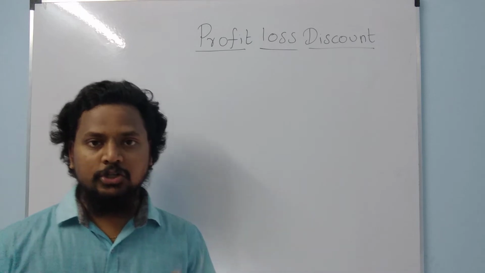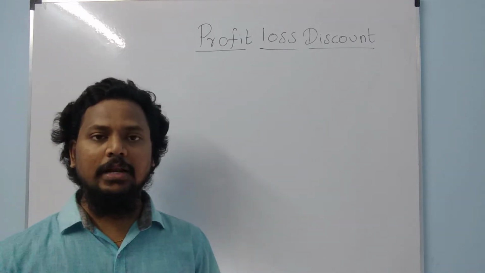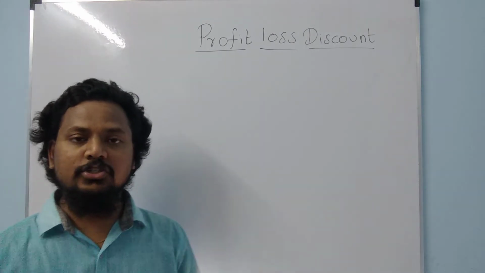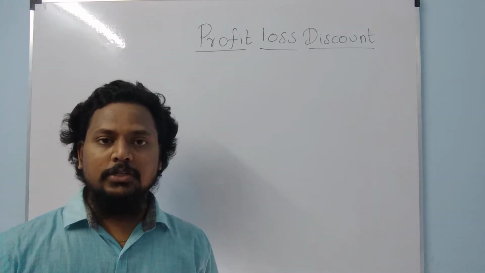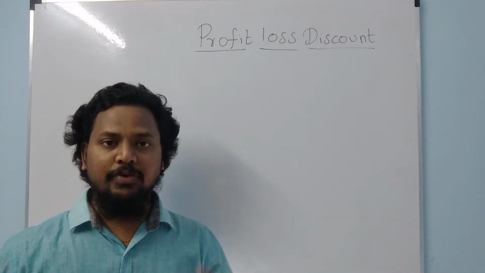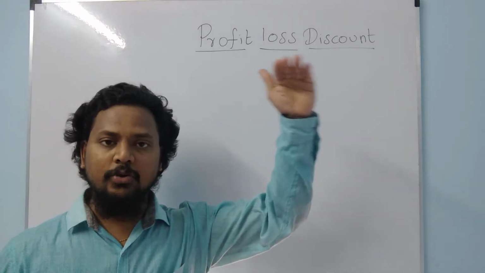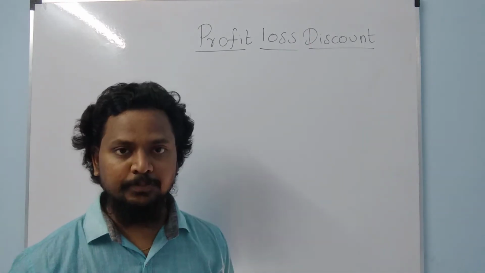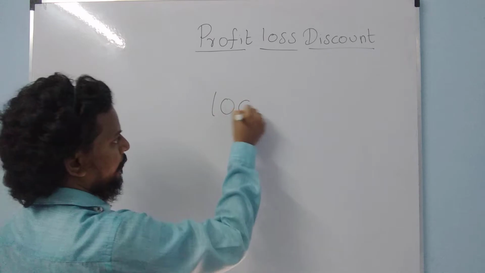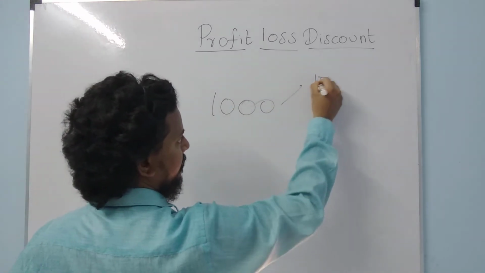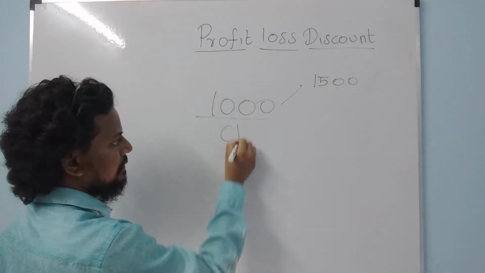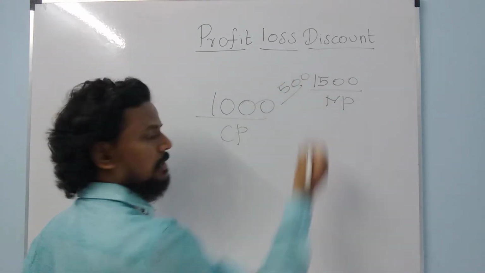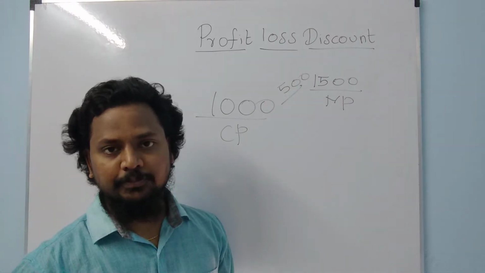So every shopkeeper or every manufacturer will increase the price to a fake price from the original price. That is called marked price. So the cost price is the actual price. From that they increase the price to a fake value, that is called marked price. And the increment is called markup value also. Let's assume 1000 rupees is the cost price. I increase it to 1500. So this will be called the cost price, this will be called the mark price, and this 500 is called the markup value.